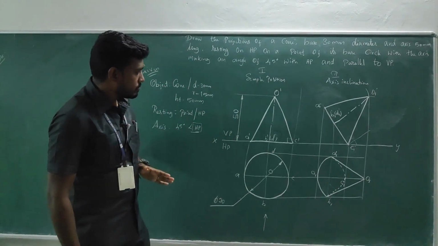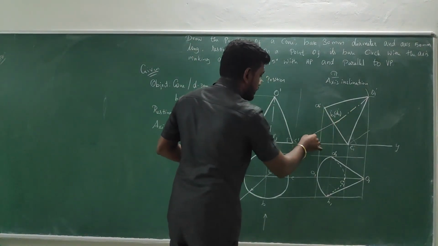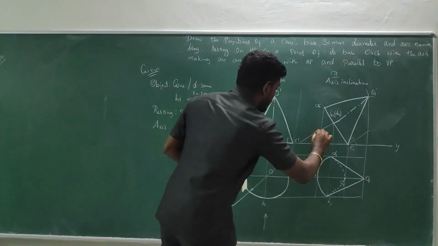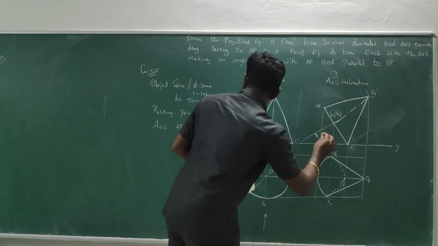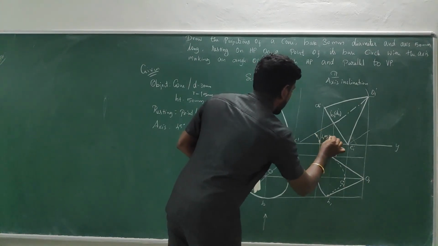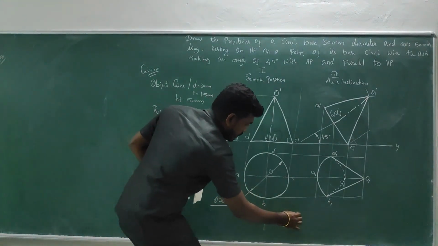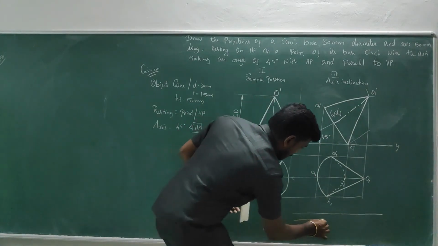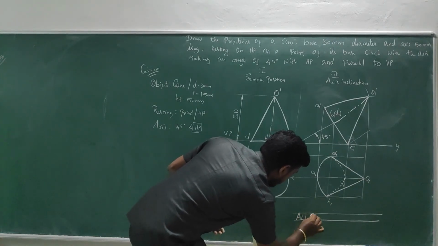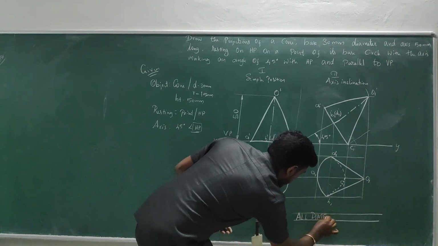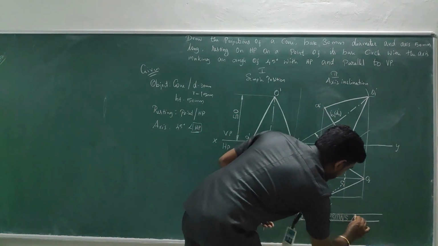Okay, and then what about the inclination, which is 45 degrees? So here is the axis line. Just take the line with the same inclination, take it to the XY line, make the filled arrows and note 45 degree. Okay, what is next? The note. For that you can capture the guideline with a 5 mm gap and write: all dimensions are in mm.